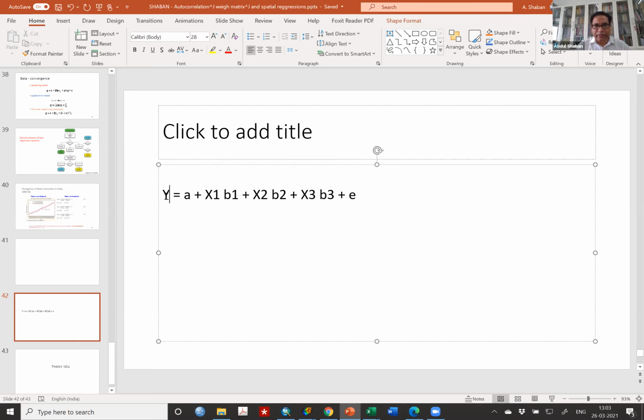So when you are dealing with space, you can transform this equation: y equals a plus, you bring in the lag of y, for example y underscore 1, with coefficient gamma 1, and the rest of the equation remains valid.